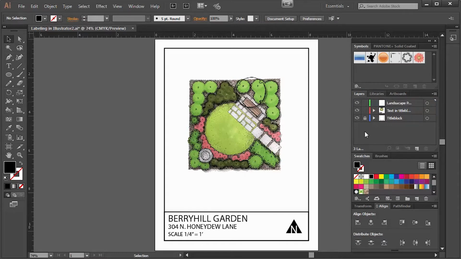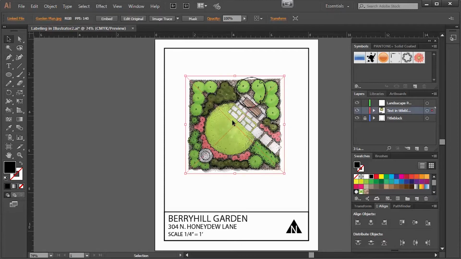Sometimes it's good to make mistakes because now I can show you how you can move objects from layer to layer. So let's move this plan to the correct layer. By clicking on it, I will see that the border around it is red. And if you look in the layers panel, you will see there's a little red square. And it's telling me that right now it's on my text in title block layer, which I don't want it to be on. So I will click on this little red square and I'll drag it up into the landscape plan layer. And you can see that the box turned green